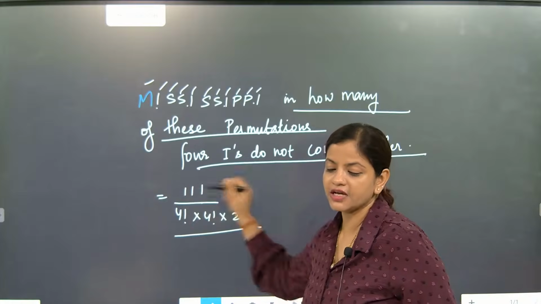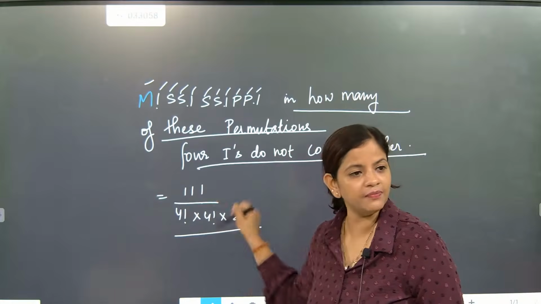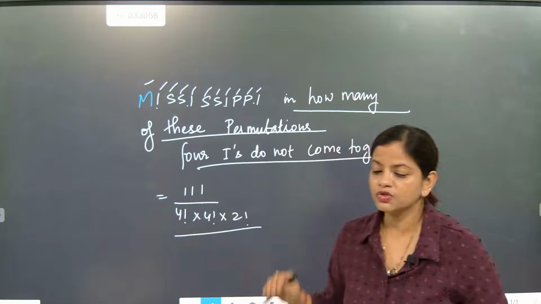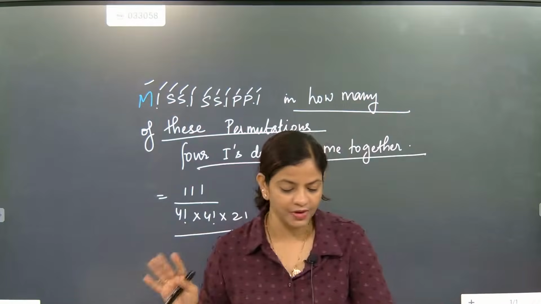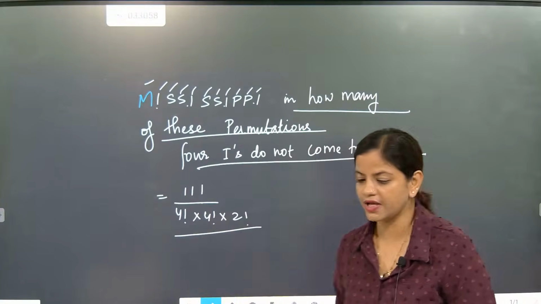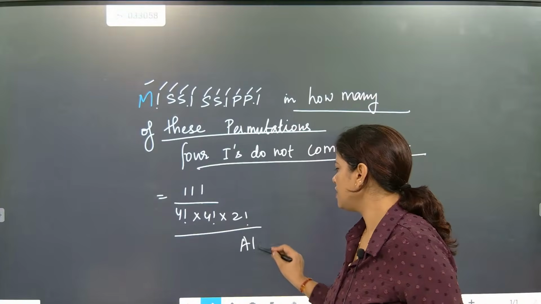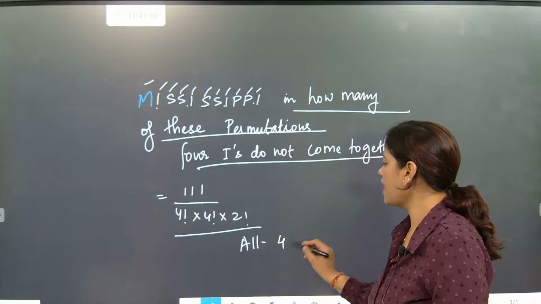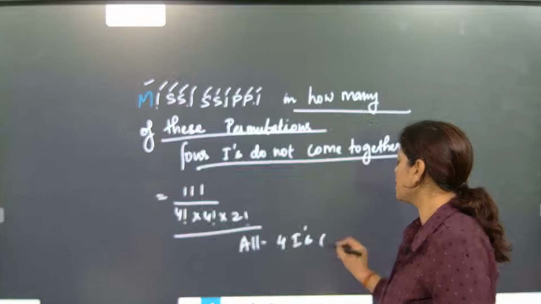Here the 4 I's can come together. This is all, this is all. Understood? So all minus when the 4 I's come together. That part will exactly give you not coming together. From all, if we subtract the 4 I's coming together,